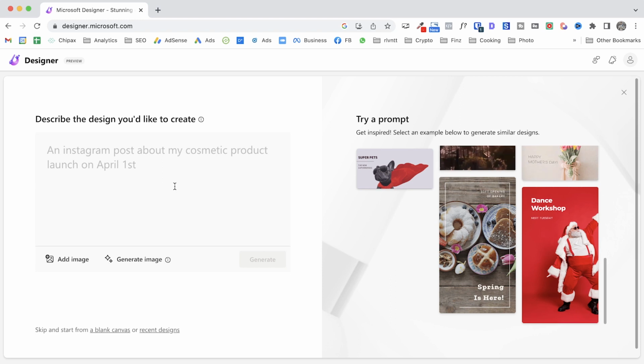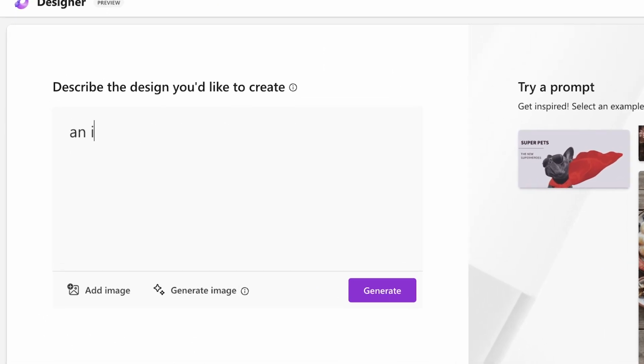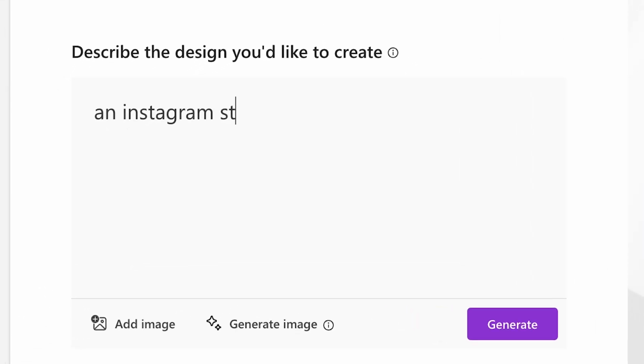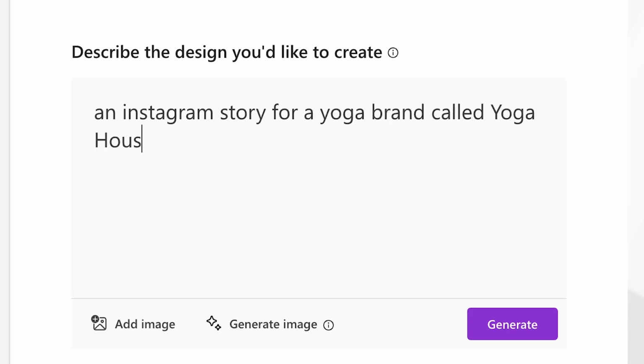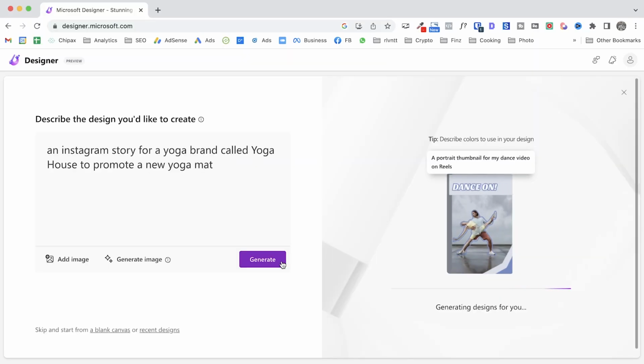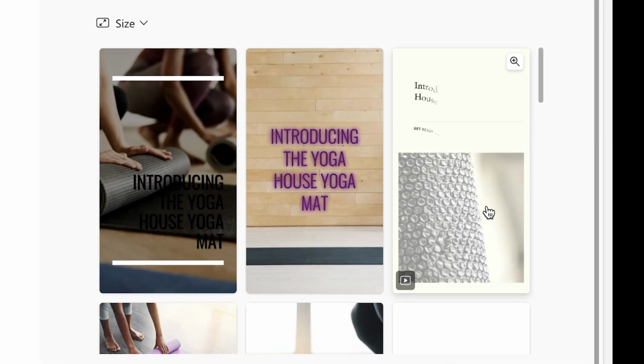So in this case, I'm going to ask it to create an Instagram post for us, an Instagram story for a yoga brand called Yoga House to promote a new yoga mat. So let's see what it creates for us. So this will take a minute. As you can see,